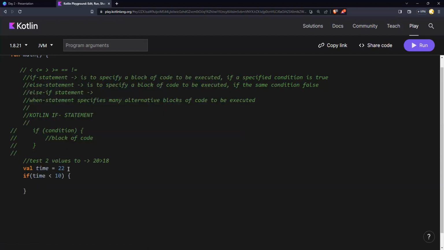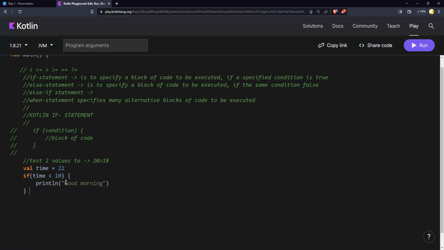Okay, let's assume that this 22, for some of us that use the time format where your 12 goes to 13 and 14 and 15, 15 to represent 3 o'clock, 16 to represent 4 o'clock and so on. So 22 is 10 o'clock. So think of it like that, right? So if time is less than 10, I want to print good morning,